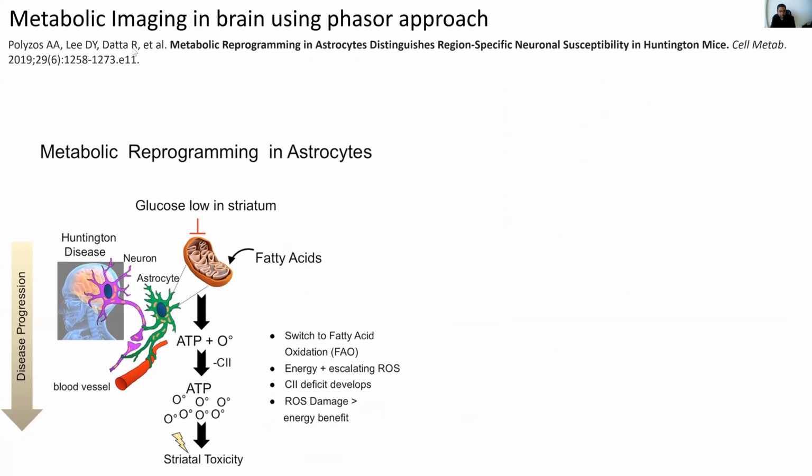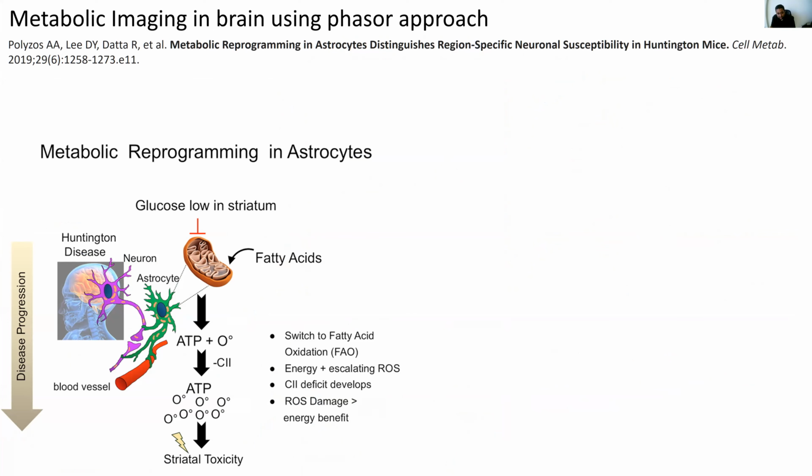Rupsa, who was a graduate student in Enrico's lab, in a collaboration on Huntington mice, looked at metabolic reprogramming in astrocytes, in striatum and cerebellum. They looked at what happens with Huntington disease